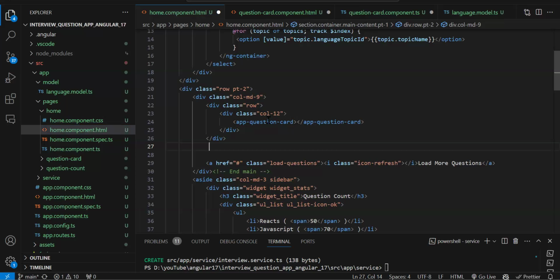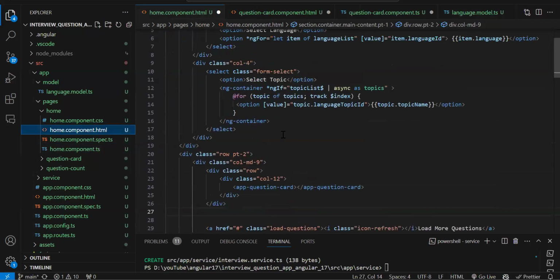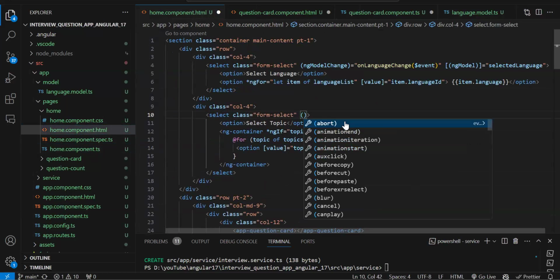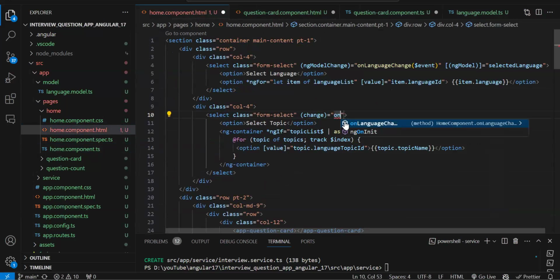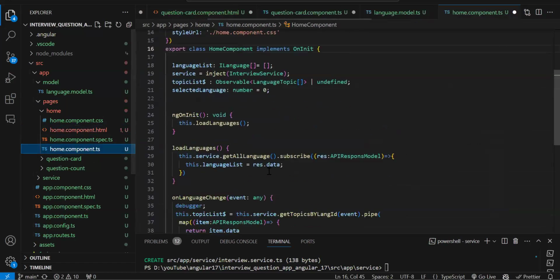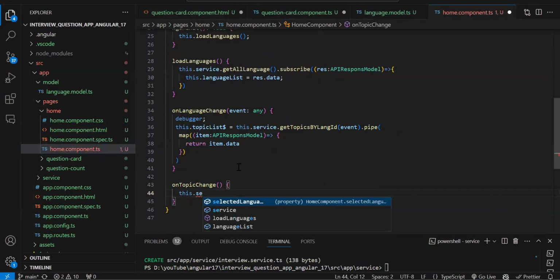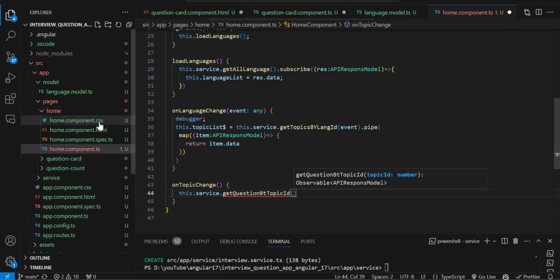Now, on the topic change, first we need to call that API and get the questions. So let's just first write that. So this is my select dropdown. So here ngModel change, or let's use the change only, on topic change round bracket. Let's create this function. Now I'm going to use this dot service dot, which function we have to call? Get questions by topic ID. And here you need to pass